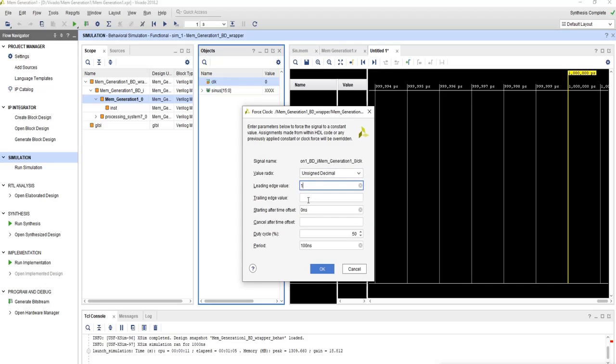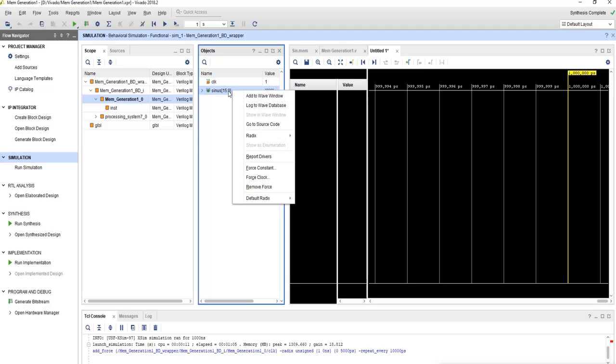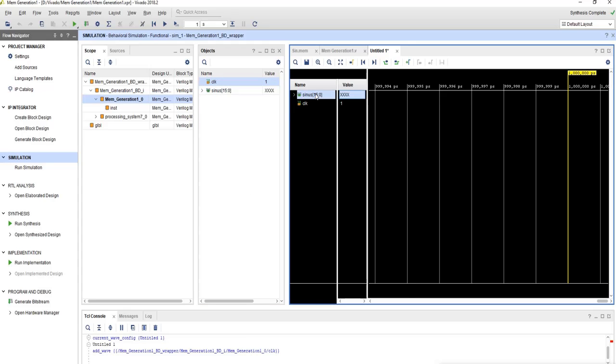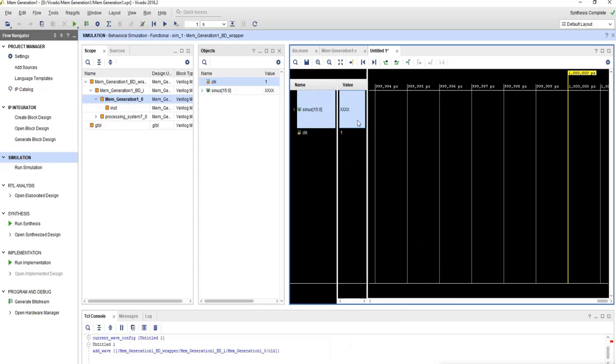Leading edge value will be 0, leading edge value will be 1 and trailing edge value will be 0. So duty cycle will be 2%. Period, the default is 100 nanoseconds, but we will give it 10 nanoseconds, that means a 100 megahertz clock. And there is a waveform style. Now we'll add to the waveform window. Now we'll make the waveform style analog. Now we'll run it.